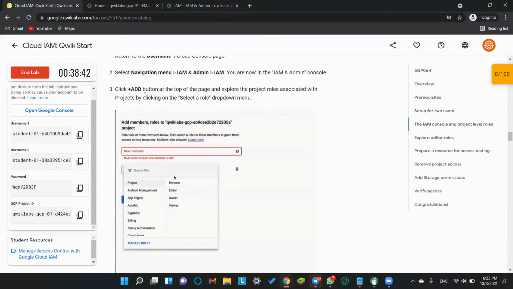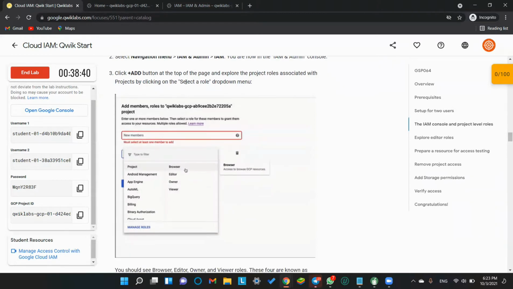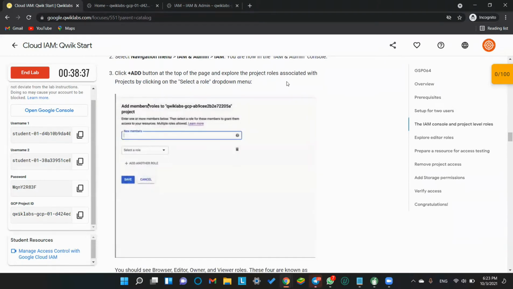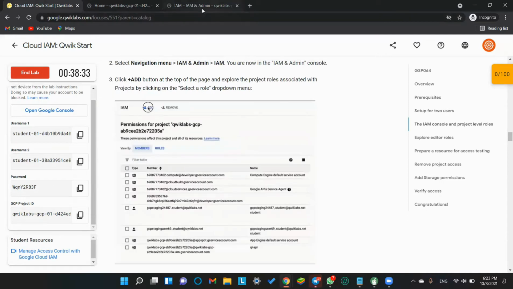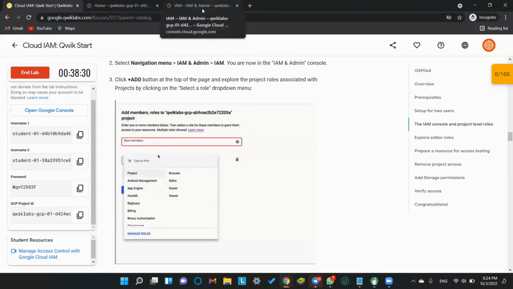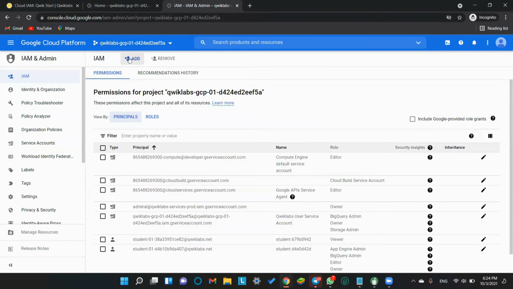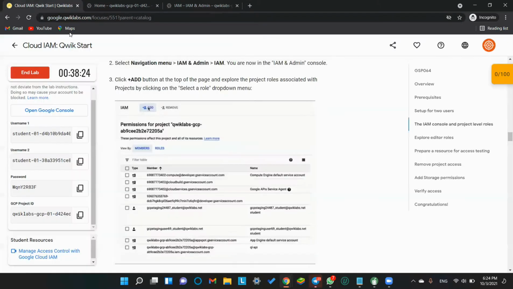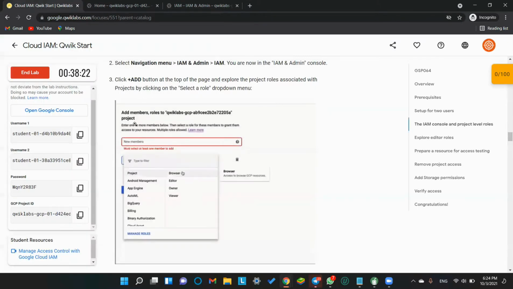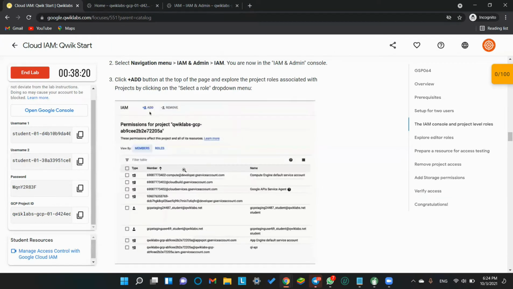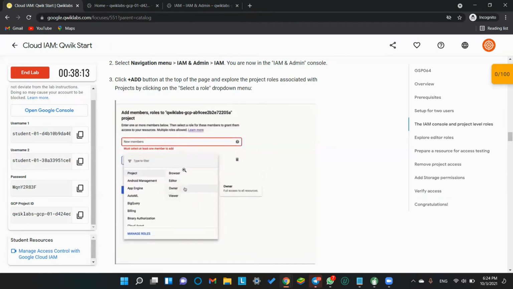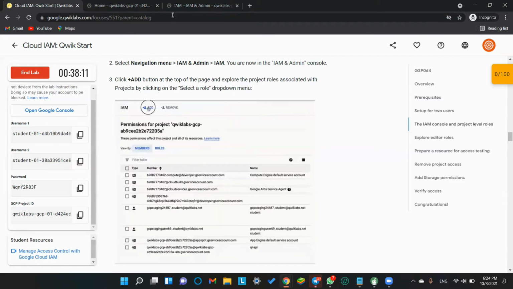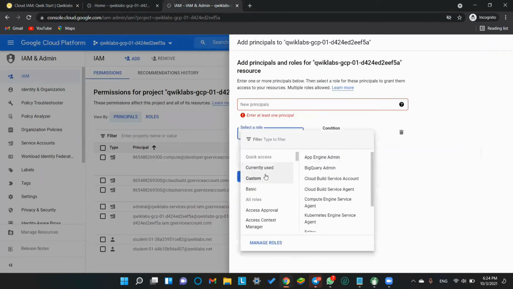Now click the add plus button at the top of the page, and explore the project associated with it by clicking on the selector drop down. We clicked on add. Now the select a role drop down menu. Okay, add. We are going on select a role, then browser.